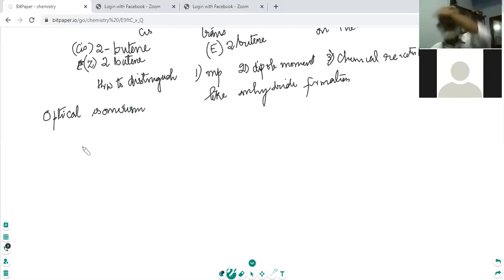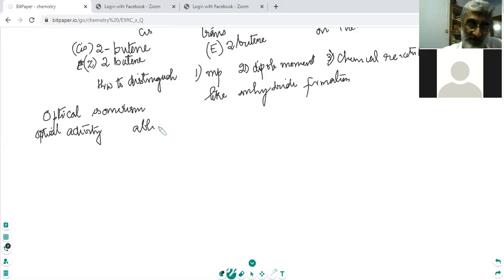Optical isomerism. Let's see what is optical isomerism. Optical isomerism is the ability... We'll put optical activity first. What is optical activity? So let me write optical activity. Optical activity is the ability, an ability